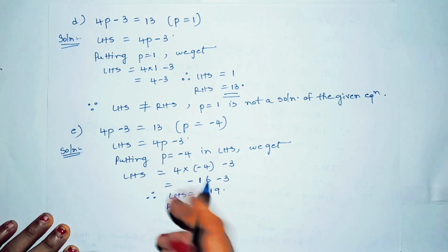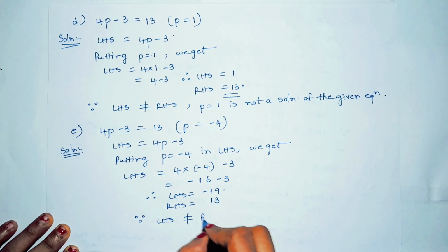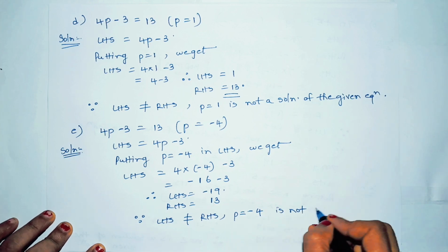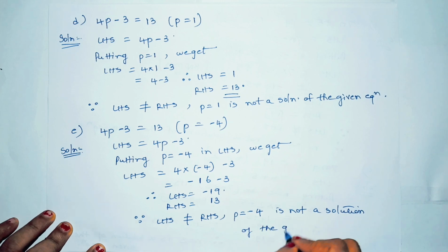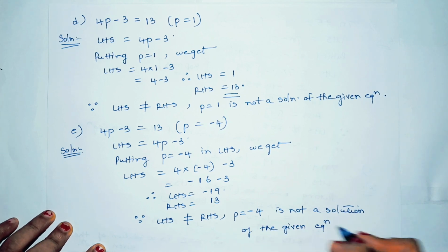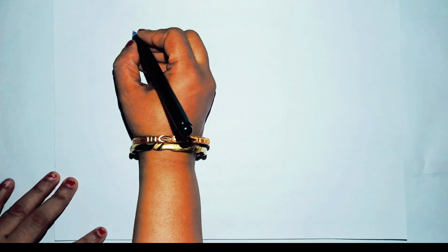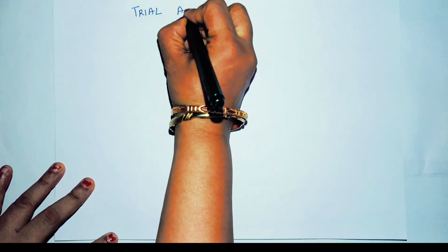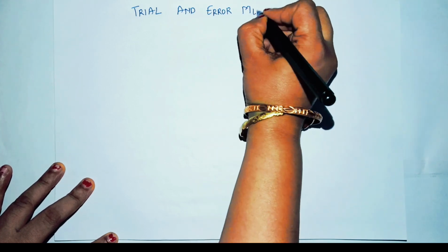RHS means right hand side. They have already given 13. Since LHS is not equal to RHS, p is equal to minus 4 is not a solution of the given equation. And what is the given equation? 4p minus 3 equals 13. Next sum. Now let's see one interesting subtopic, which is called the trial and error method